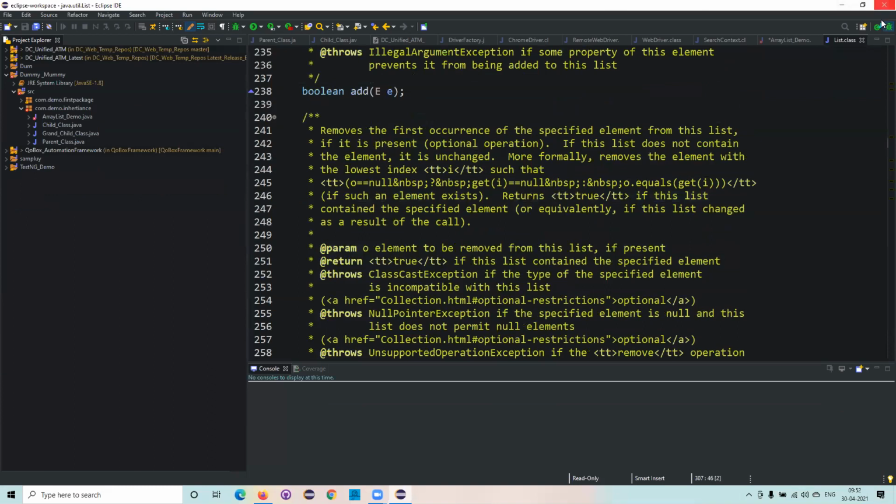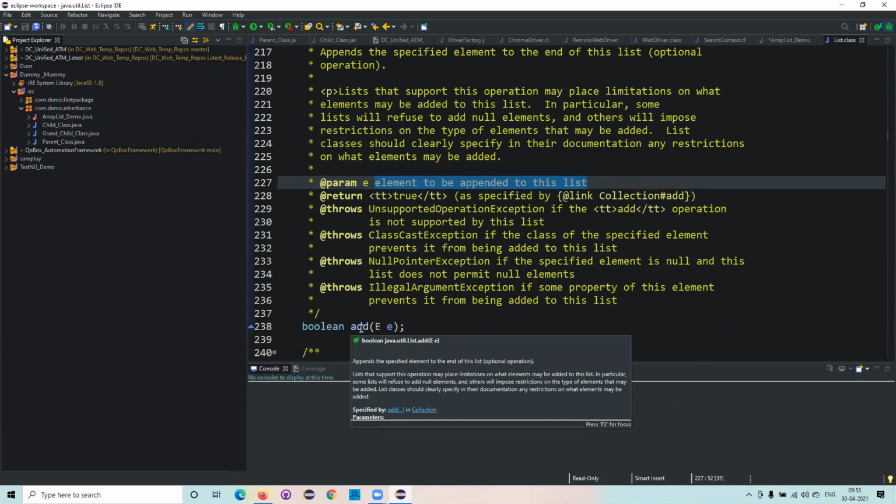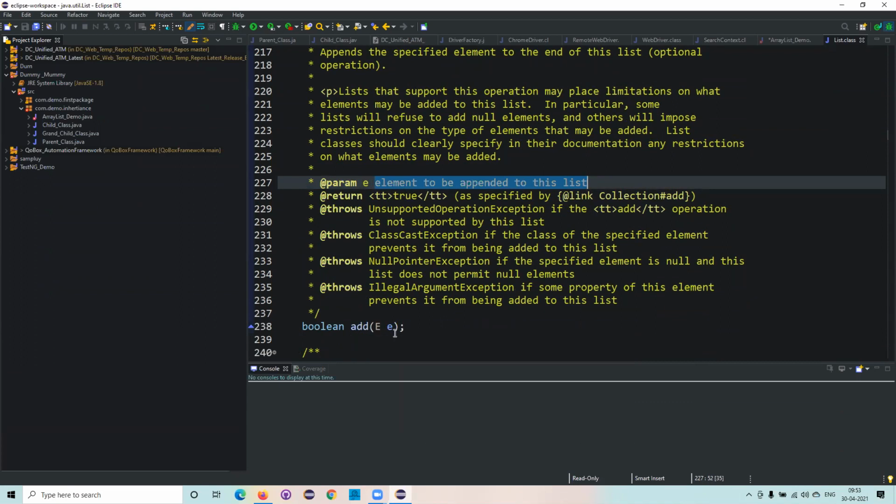Now coming back here. Yes. Sorry to interrupt. What is E here? See, E is an element to be appended in this particular list. For example, now we are going to add one element, means one item. That is called the item. So for example, when you are adding this one, what you have done is list dot. Okay, I'll show that one.